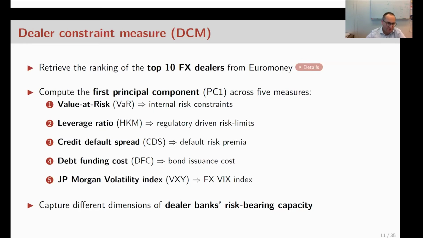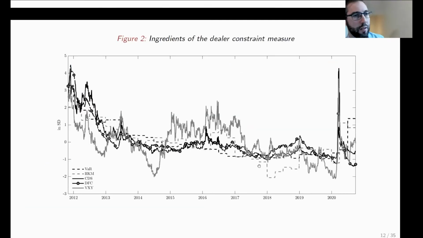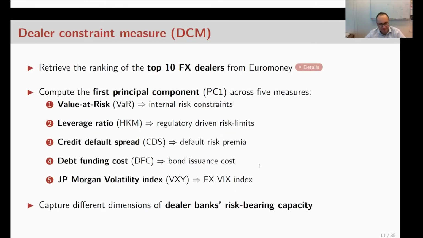dealer banks' risk-bearing capacity. Andreas, can I ask just a quick question? Sure. All of those 5 variables make sense. Just the fifth, I feel that maybe it's not quite like the rest of them. It's almost a little bit circular. The previous 4 look very much like balance sheet space or health, but the fifth is almost like something you're possibly trying to explain as an outcome. Maybe you want to comment on that. I can see why it's there, but just given how delicate everything is in this paper, I thought maybe you might want to comment on that.